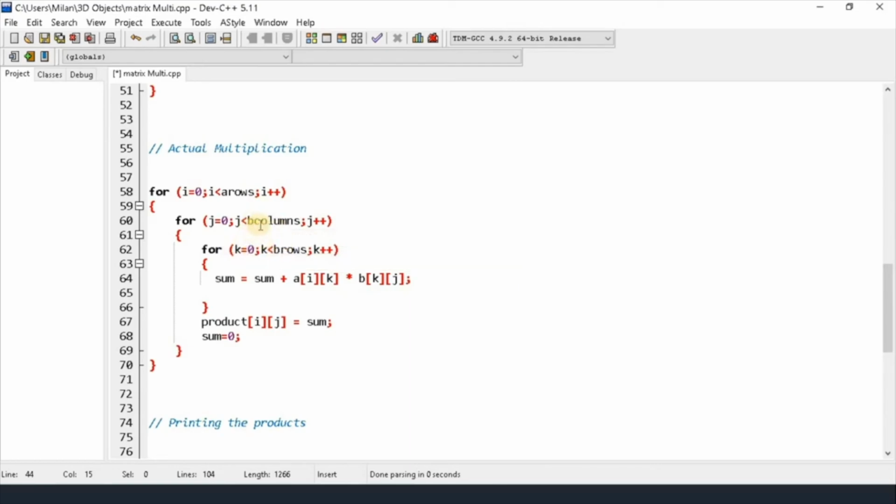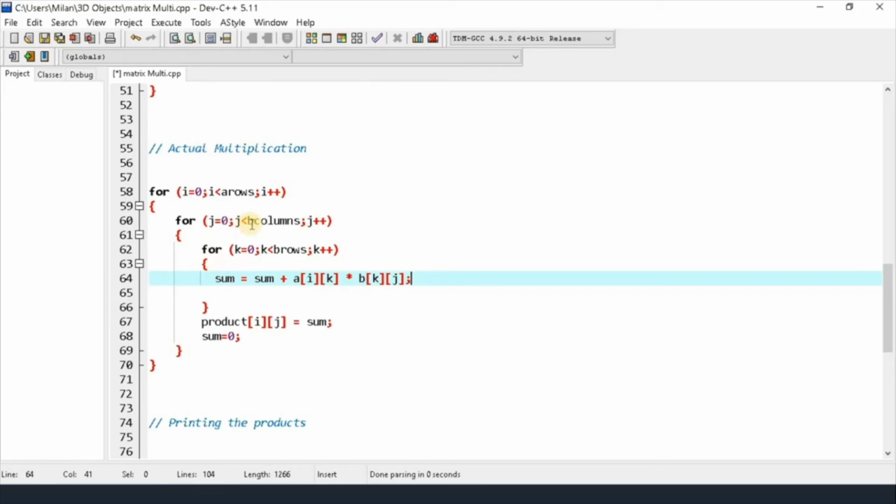र अब K मा जान्छ, K मा चाहिँ यो B कलम्स अथवा A रोज बाहेक जुन लेखिदिँदा पनि हुन्छ, जस्तो कि A कलम्स लेख्दा पनि हुन्छ अथवा B रो लेख्दा पनि फरक पर्दैन। सो मैले यहाँ चाहिँ B रो लेखेको छु र K लाई पनि इन्क्रिमेन्ट गराइदिने, राइट। अब हामीले सम भनेर एउटा भेरिएबल मैले लिएछु अलरेडी, र सम इज इक्वल्स टु सम प्लस A[i][k] क्रस B[k][j], राइट। यो चाहिँ हामीले पहिल्यै प्रोग्राममा अथवा स्लाइड्समा देखिसकेका छौँ।